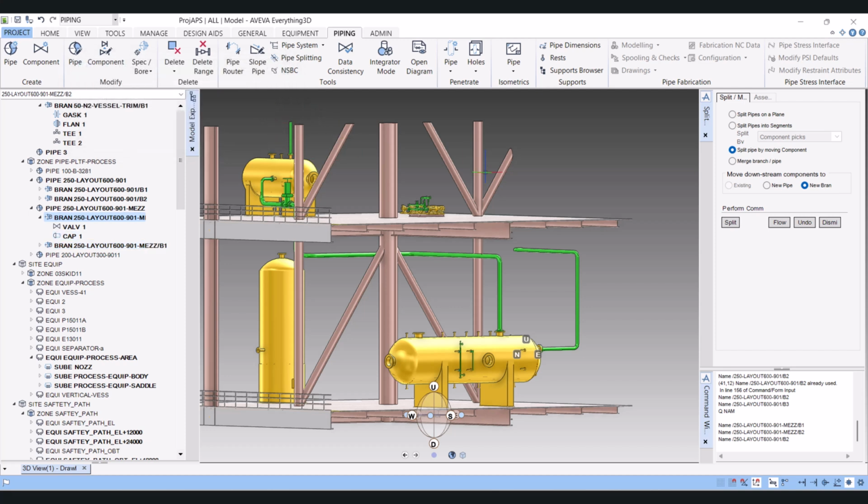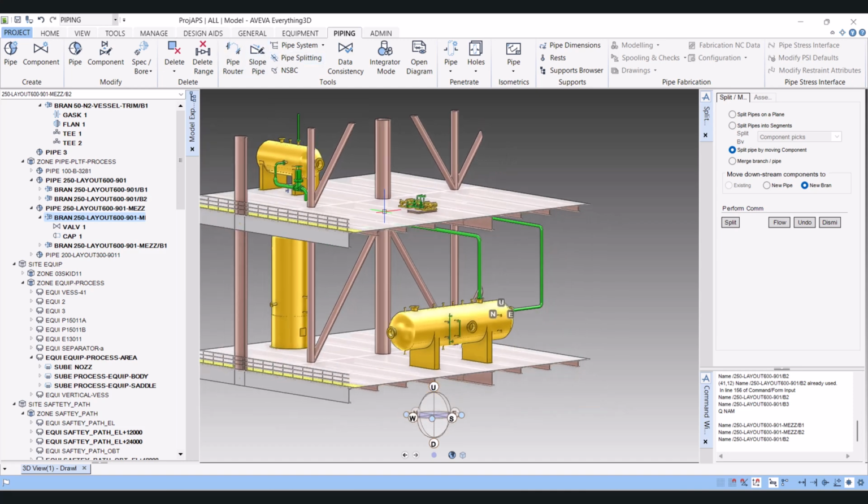with the help of the split, by pipe splitting. I hope you understood why we are using